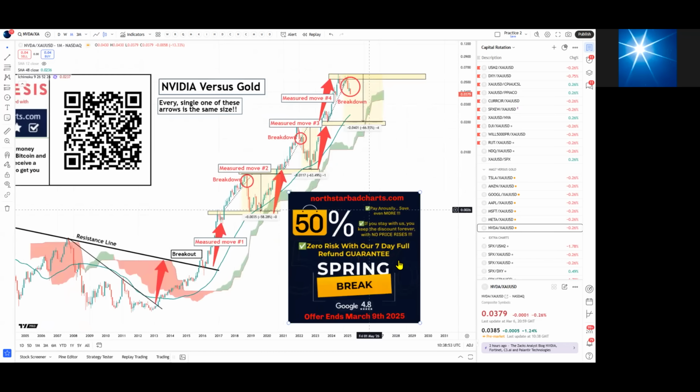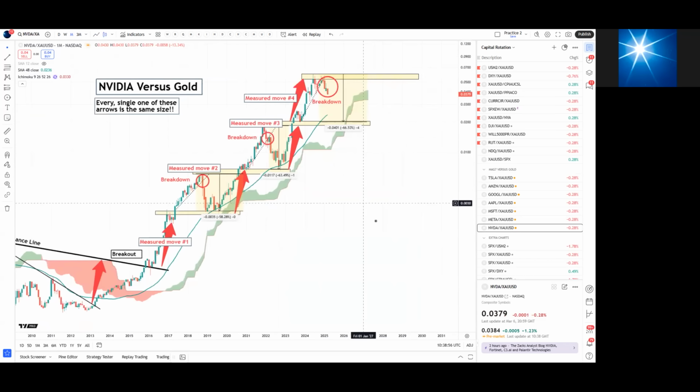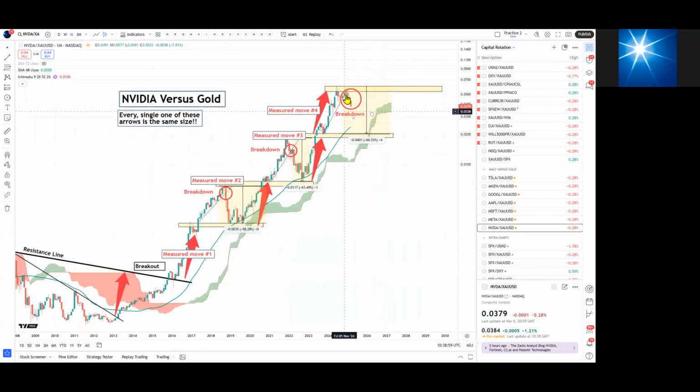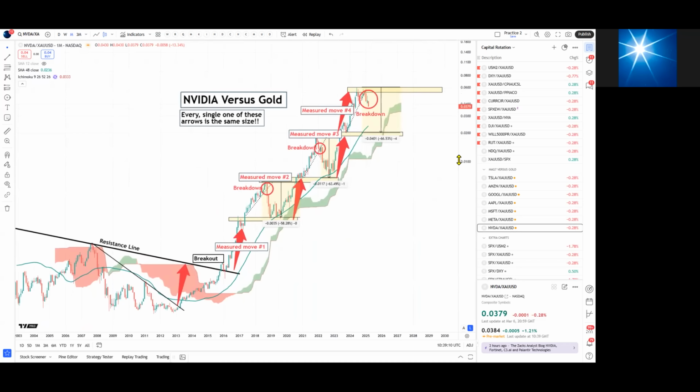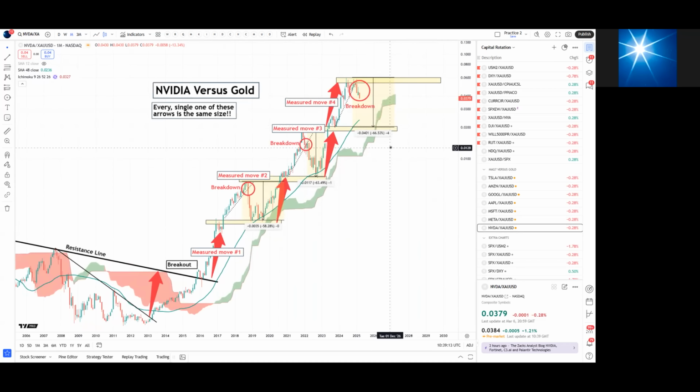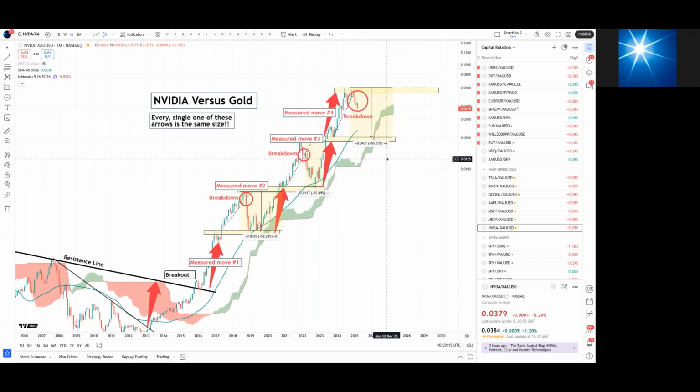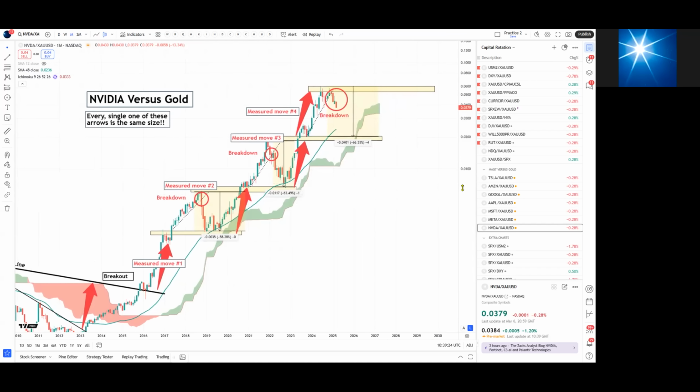Nvidia versus gold has broken down very decisively, and you can see, I've previously highlighted that if we were to break down, we would be likely to see a 66% decline. And then if that support level fails, then it would be disastrous for Nvidia. But at the very least, I would expect a 66% underperformance here. So Nvidia versus gold, if it were to drop all the way down to that support zone, then it would mean that Nvidia has underperformed gold by 66%. And looking at the nominal chart for Nvidia, a nominal price drop of something like 70, 75% seems entirely possible.